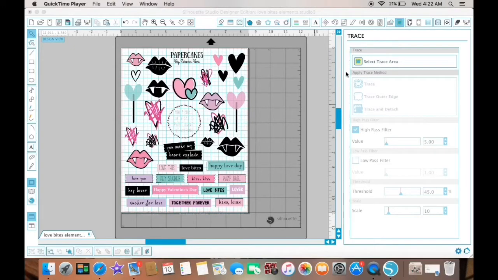I was asked by one of my subbies, Kim, hey Kim, if I can show how I separate the embellishments or the ephemera from the Love Bites element sheet. So first you have to import it and save it into your computer, and what we're going to use is